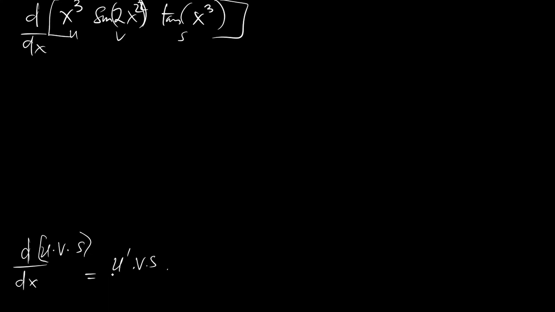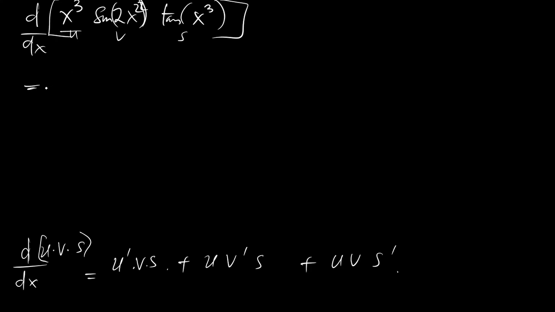You differentiate u, leaving v and x, plus you leave u, differentiate v, leave x. So plus you leave u, v, and differentiate x. So now you have u prime v x, u v prime x plus u v x prime. So now you have this equal to,